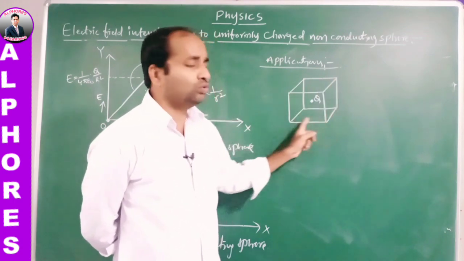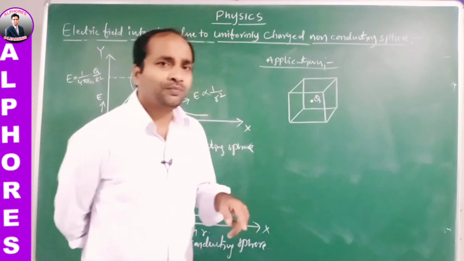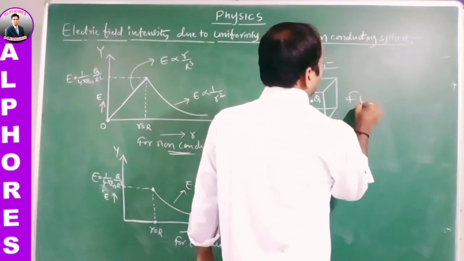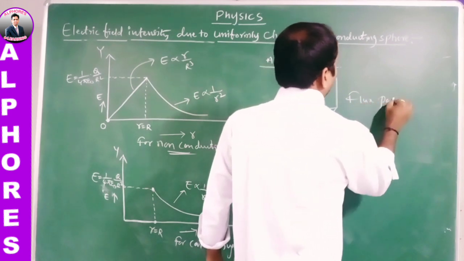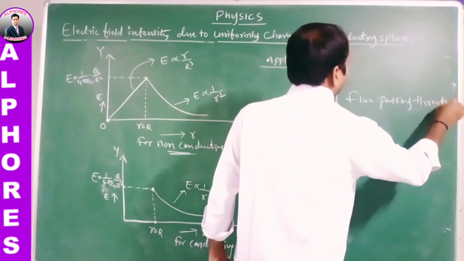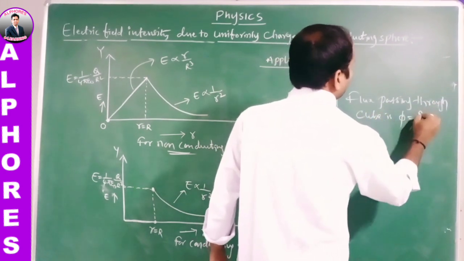This cube is the Gaussian surface. So the flux passing through the cube